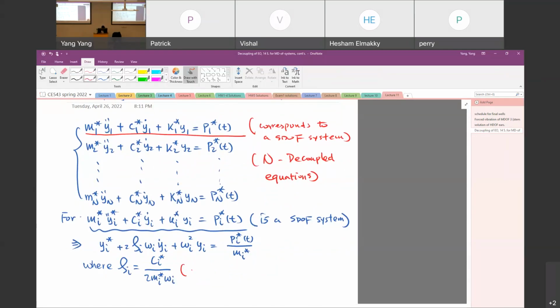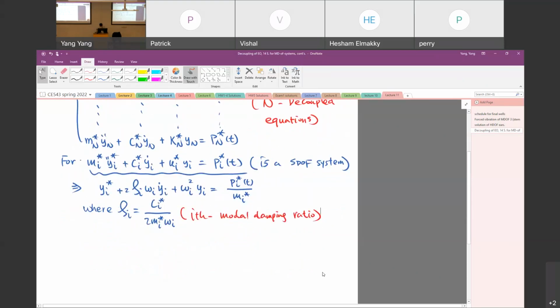So now we have an SDOF system. We have already discussed the solutions for this system. The solution for that is